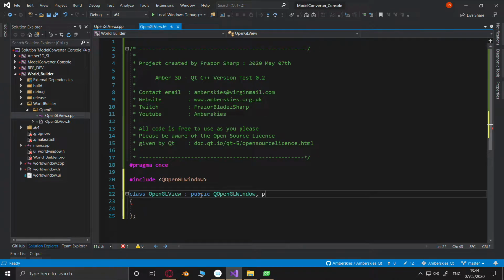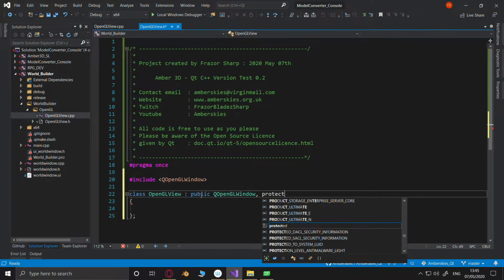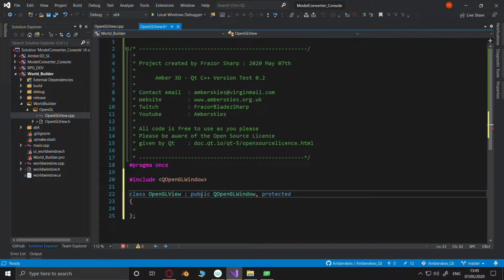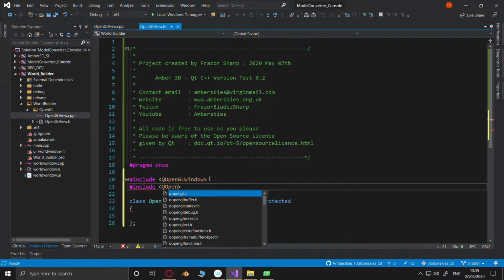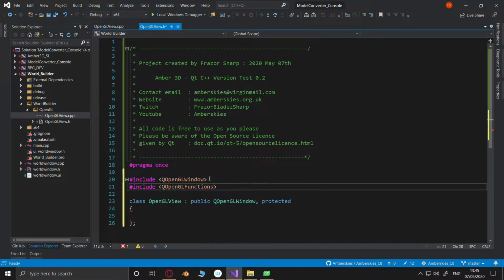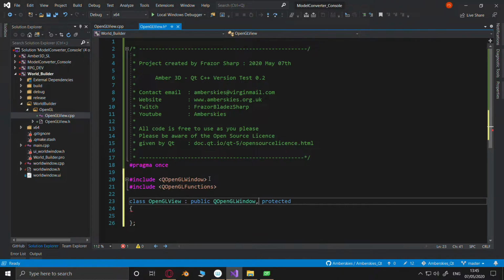Protected. Yeah, okay, we'll do that. QOpenGLFunctions, please. Is it plural? Yeah. Oh, what am I doing?